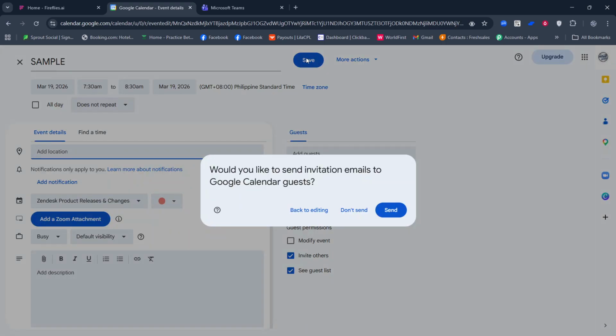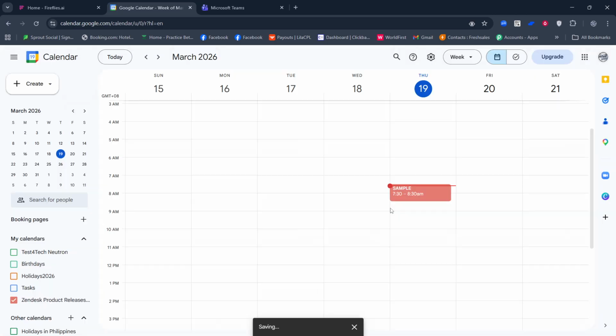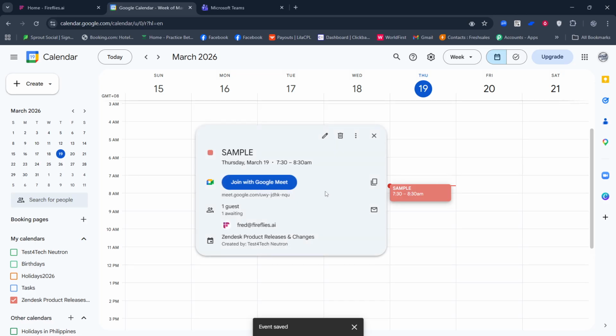That's it. At the scheduled time, Fireflies will automatically join your Google Meet as a participant and begin capturing the conversation. You don't need to press anything during the call. If your organization uses waiting rooms or host controls, make sure external guests can be admitted so the assistant isn't blocked. It's a good practice to let attendees know a note-taking assistant is present, and to review any compliance requirements your team follows.